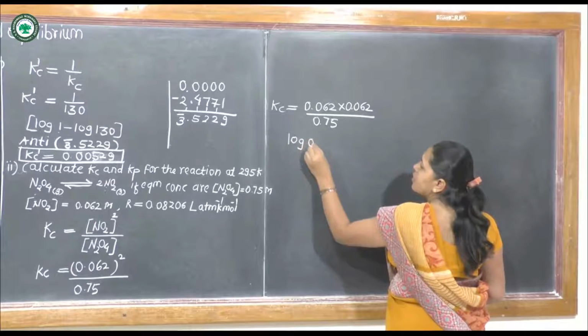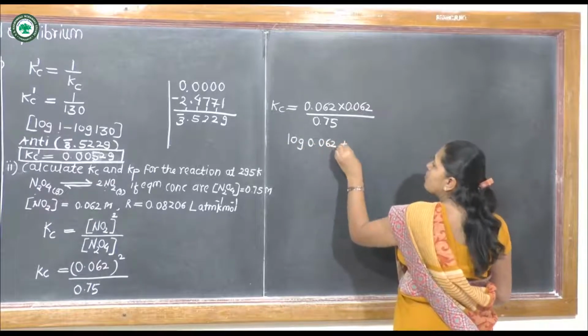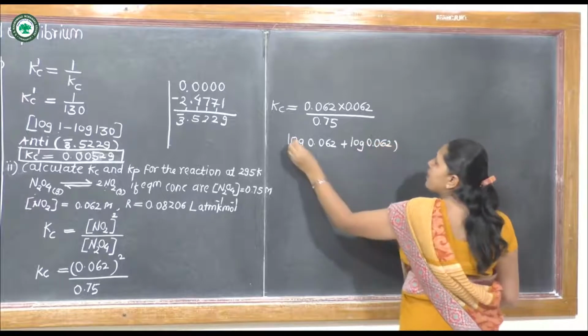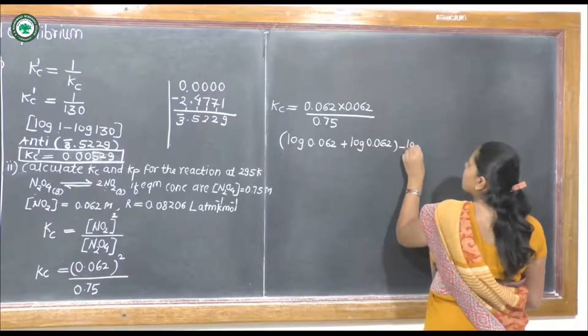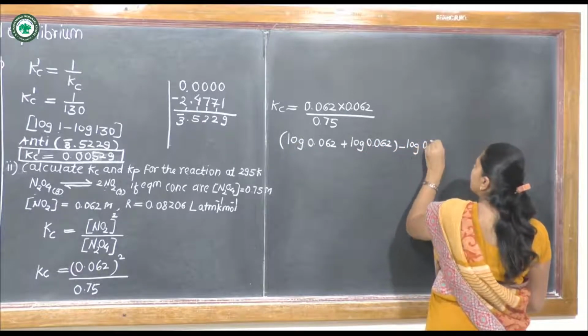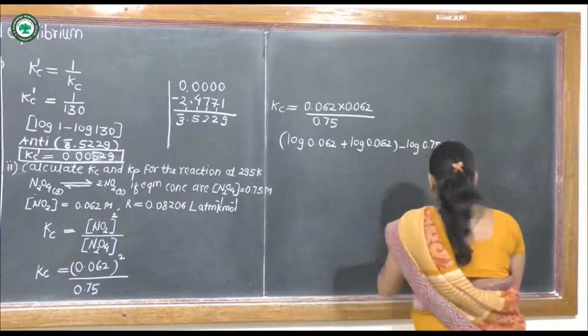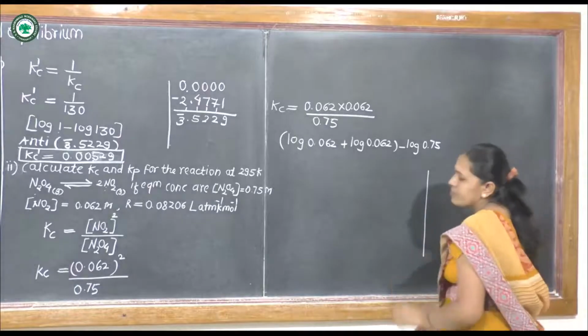Log of 0.062 plus log of 0.062 minus log of 0.75. By using log table, we can